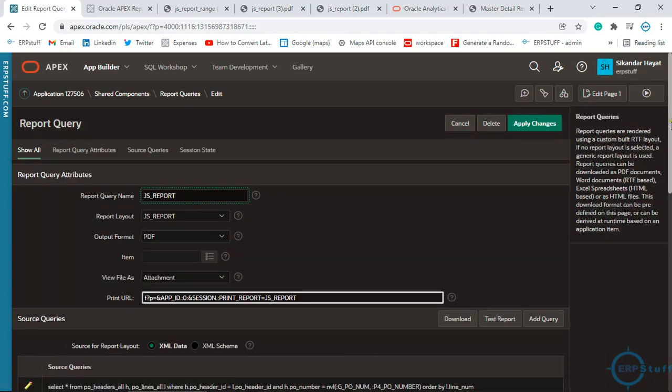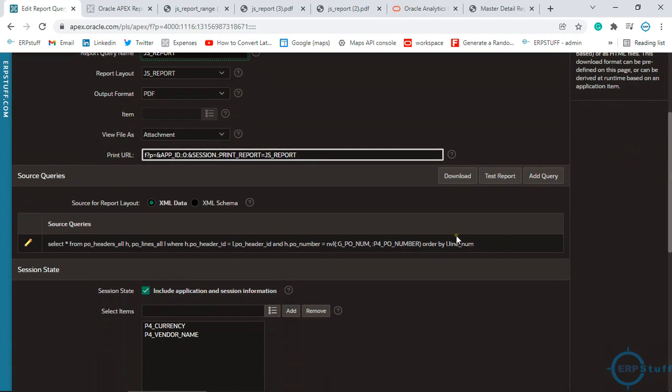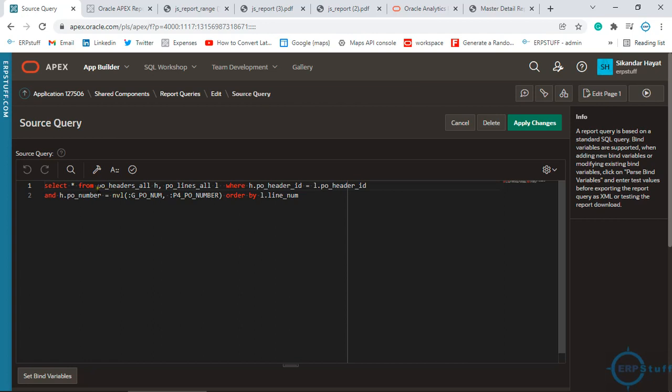And the good thing is, inside one report you can have multiple queries. For example, if you want to create a master detail, the first query can be the master and another query can be the detail. So you can have multiple queries over here, right. Here in the master detail, I joined header and lines and I am taking all the data, then I am grouping inside my publisher, the desktop publisher in Word, which we will see later.